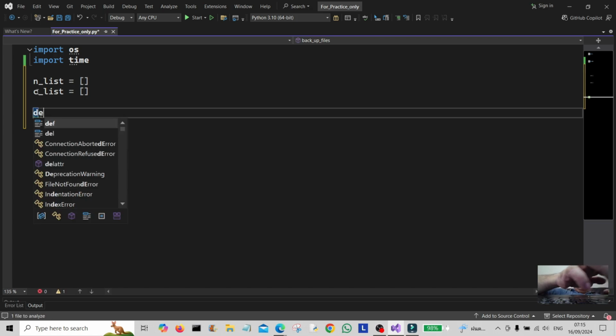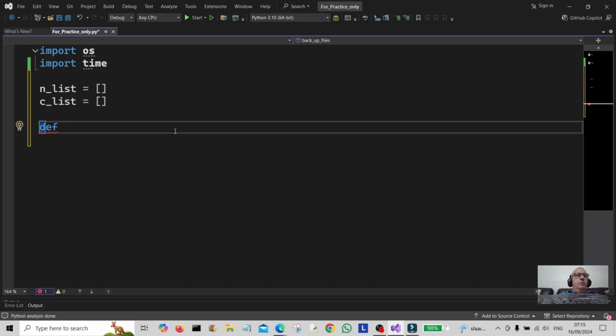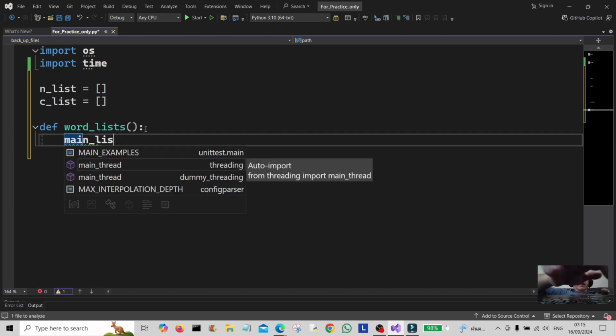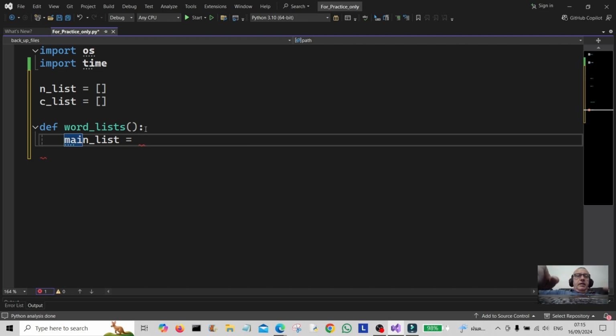Okay, we're going to create a function called word lists. Okay, and we're going to create another list called main list. And we're going to populate this with just random stuff. So I'm going to put CAT uppercase, remember that for later. And then we're just going to do something like cow, car,